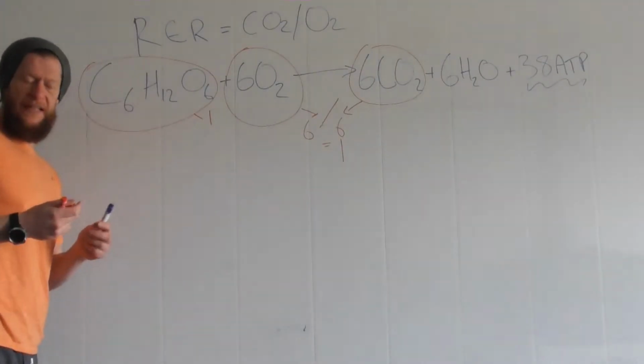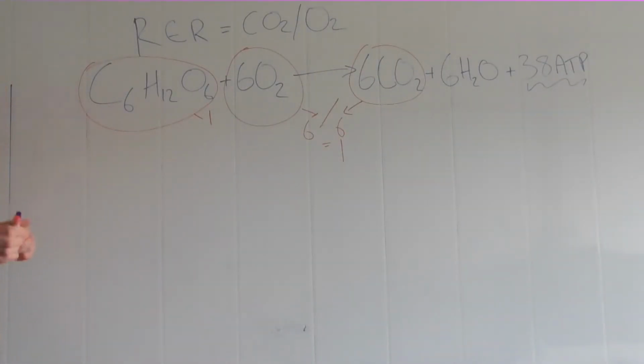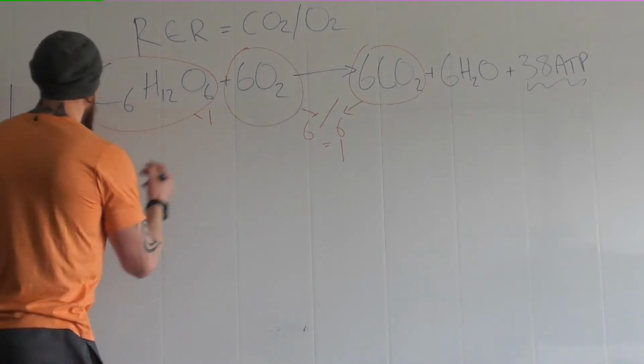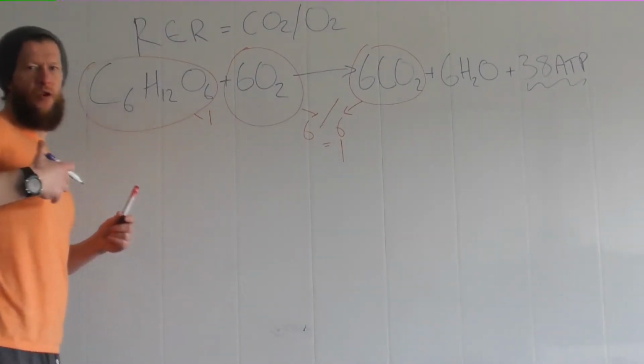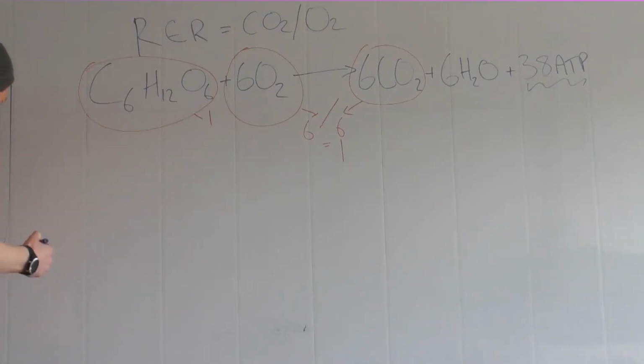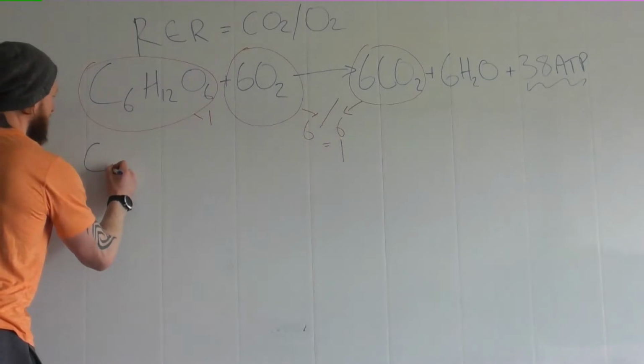Now, let's talk about fatty acids, okay? So for fatty acids, there's a few bigger numbers involved. Most fatty acids will differ because there are different chain lengths and things as well. So I'm just going to talk about the most commonly used length of fatty acid chain, and that is C18,